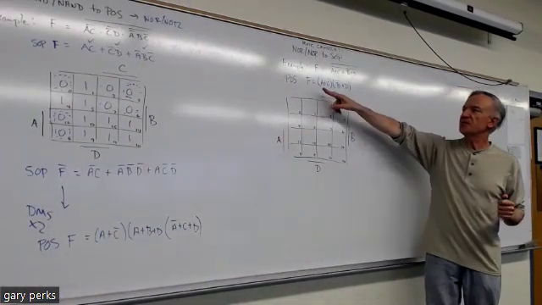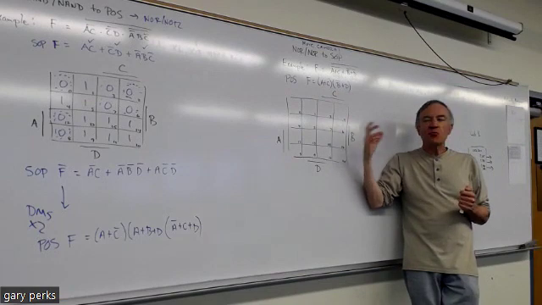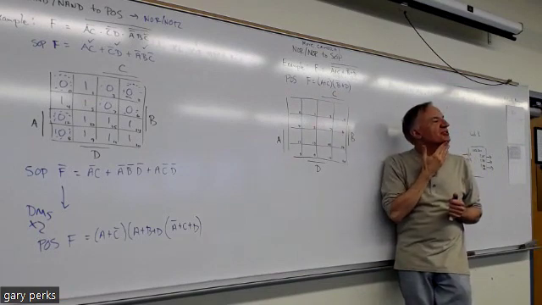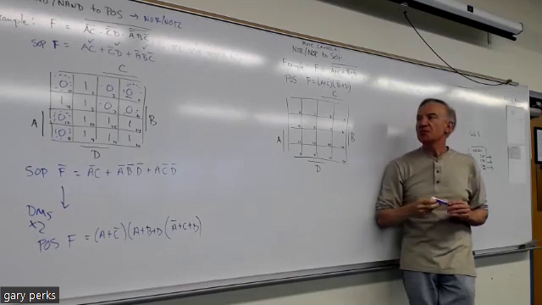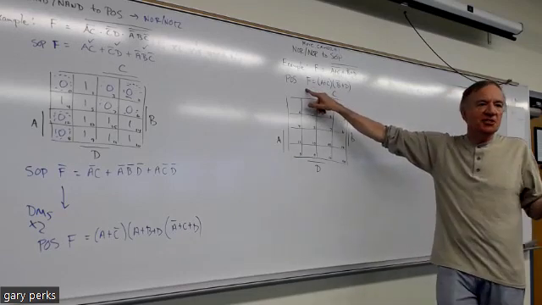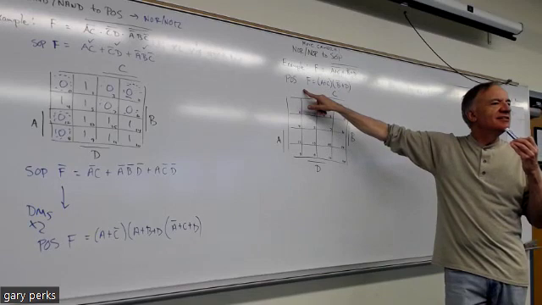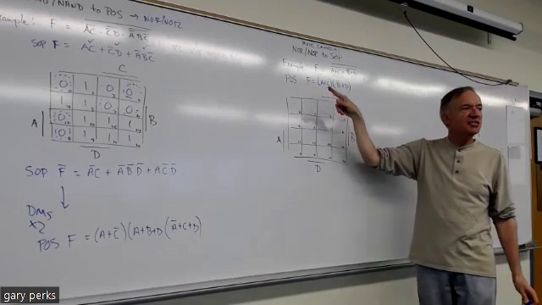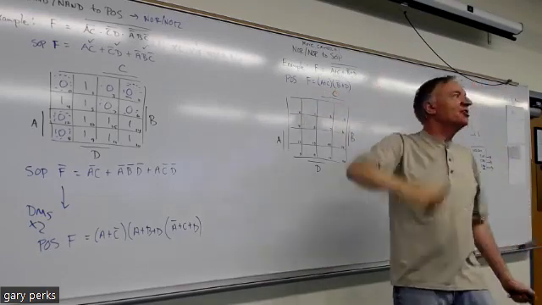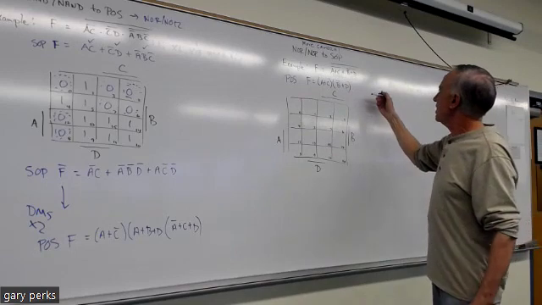All right, so this got us POS for F. Now we want to fill in this K-map. But to fill in the K-map, what type of expression do we want? What's easier to fill out a K-map or a truth table than POS? SOP. So I want to get SOP from this. So what do you do when you want to go from POS to SOP? Invert everything. What else? ANDs to ORs and ORs to ANDs. You're just doing De Morgan's twice again. Remember, you can go SOP to POS or POS to SOP by just inverting everything, ANDs to ORs to ANDs. So De Morgan's twice,